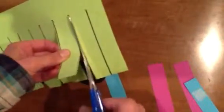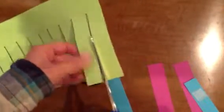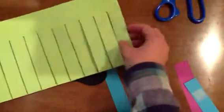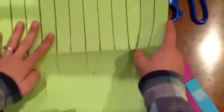Cutting on the line is going to make the weaving easier later on because everything's going to be spaced evenly. You don't want to have any jagged edges so that your weaving materials get caught on there. Once you have it like this, you can open it up, and you should have all these spaces just cut and open, but they're connected at the top,